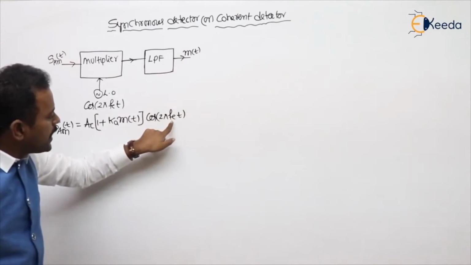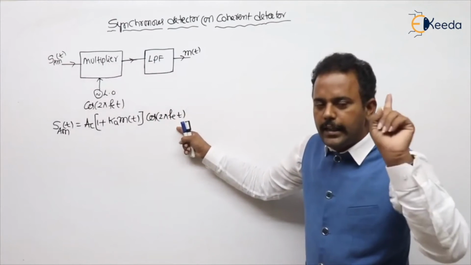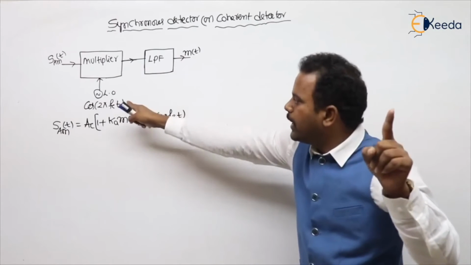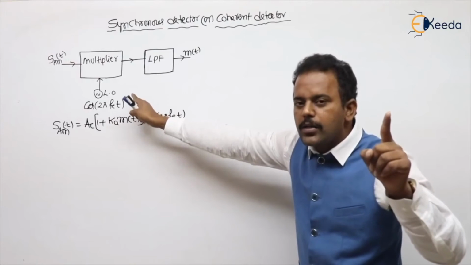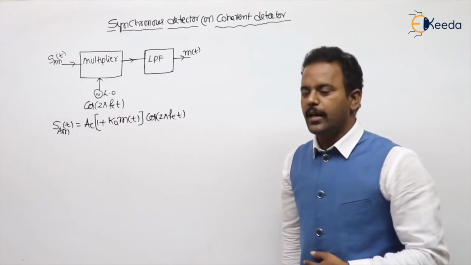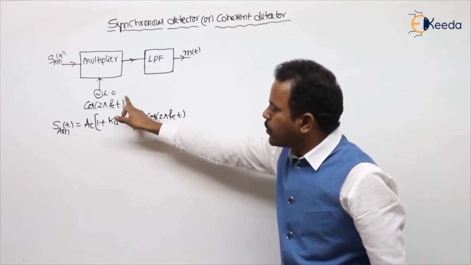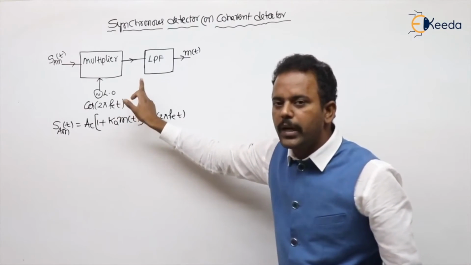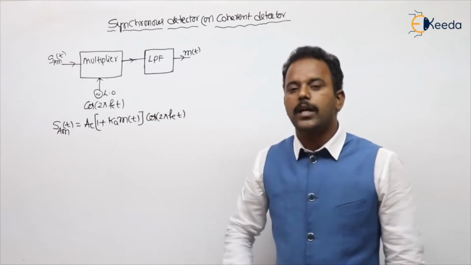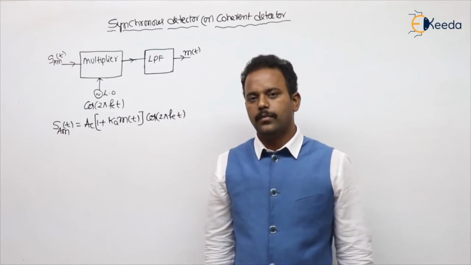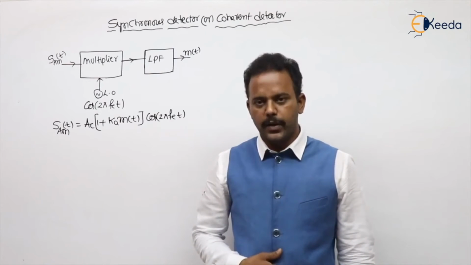the frequency and the phase of the transmitted carrier should be in synchronous with, or in coherent with, the local oscillator output, or in the reverse manner if I say, because here we are making the modifications. The local oscillator output frequency and phase should be in synchronous or should be coherent with the original received carrier. Got my point or not? Then only you will get the faithful output.